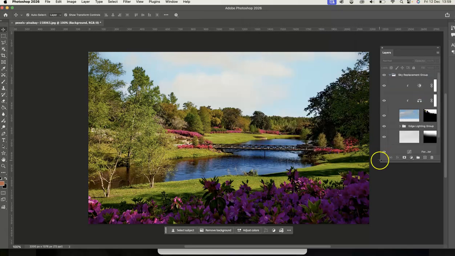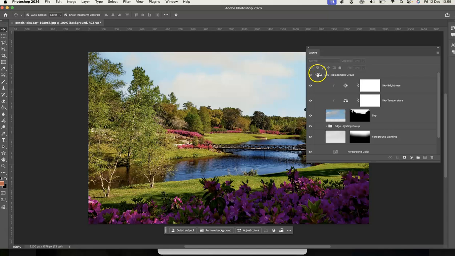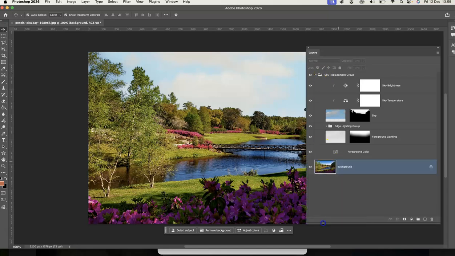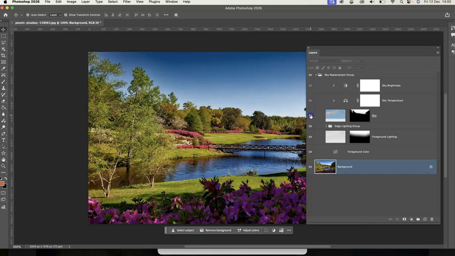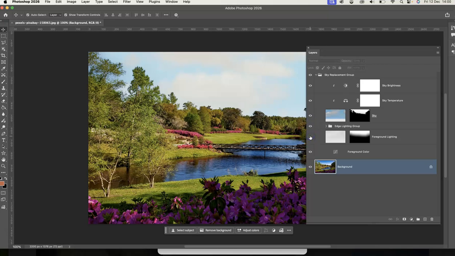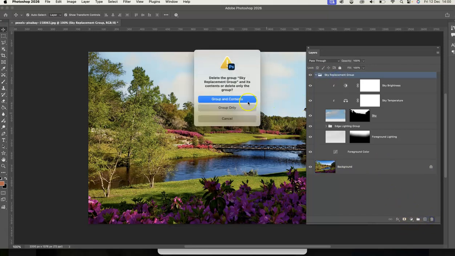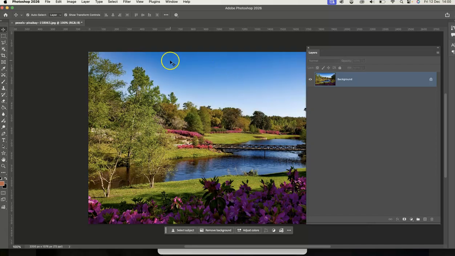Okay, and when you do that, you'll notice, let me make this a little bit bigger. This is my whole sky replacement. I have adjusted the brightness of that sky. I've adjusted the temperature. That's the sky itself, the foreground lighting and so on. So previous sky, new sky. I'm just going to pop that in the bin because I want to show you how to upload your own